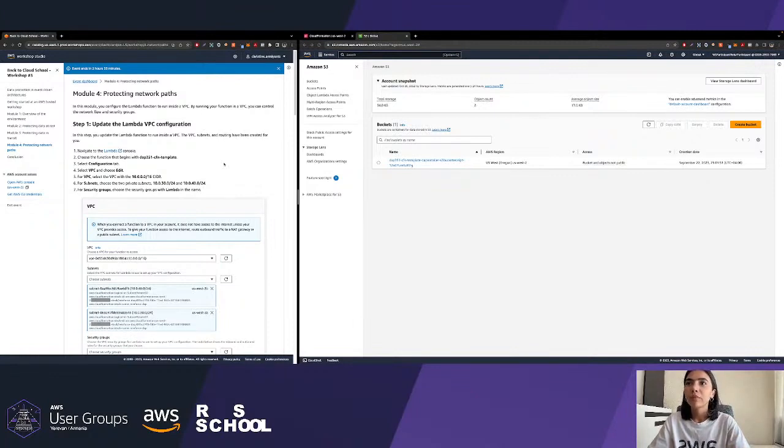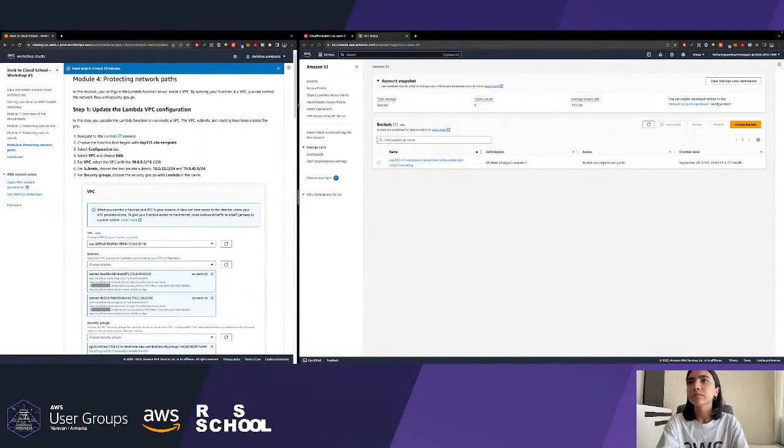Before this, everything was going through the internet, but we want to add another layer of data security protection. So we are going to bypass the public internet with the use of VPC.